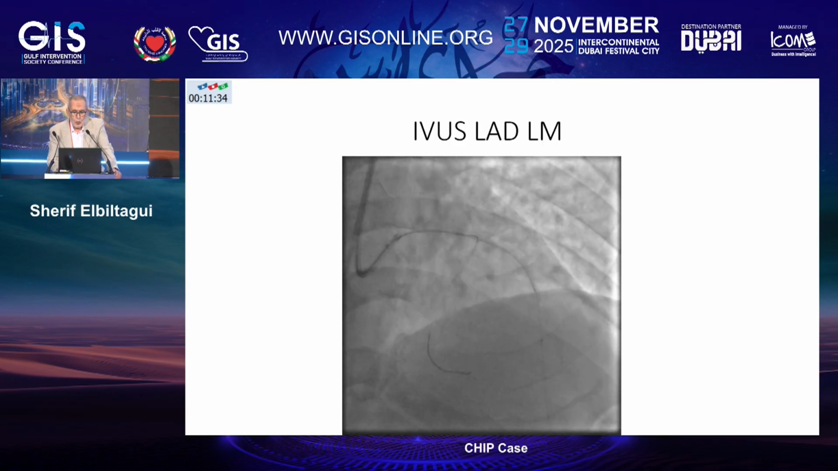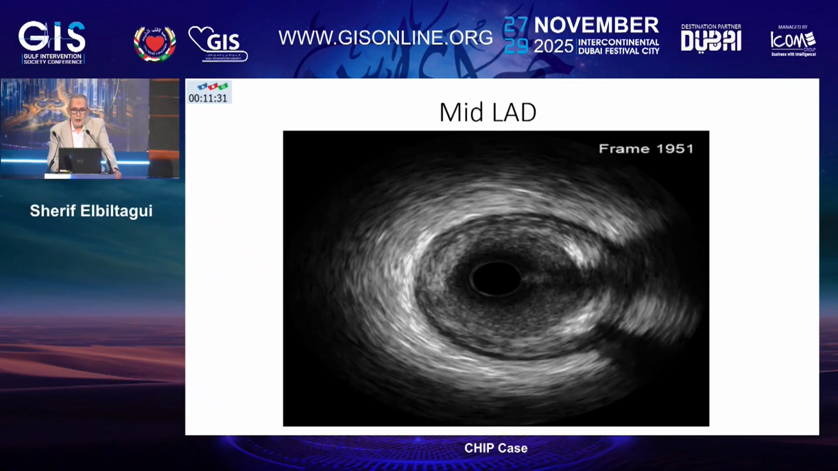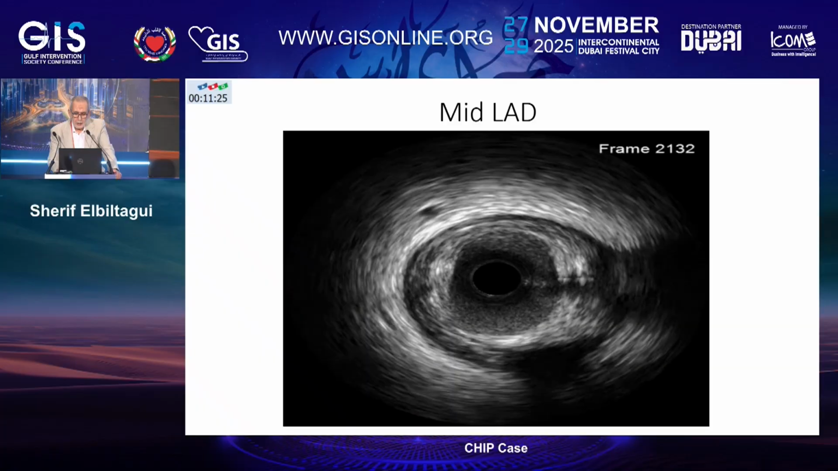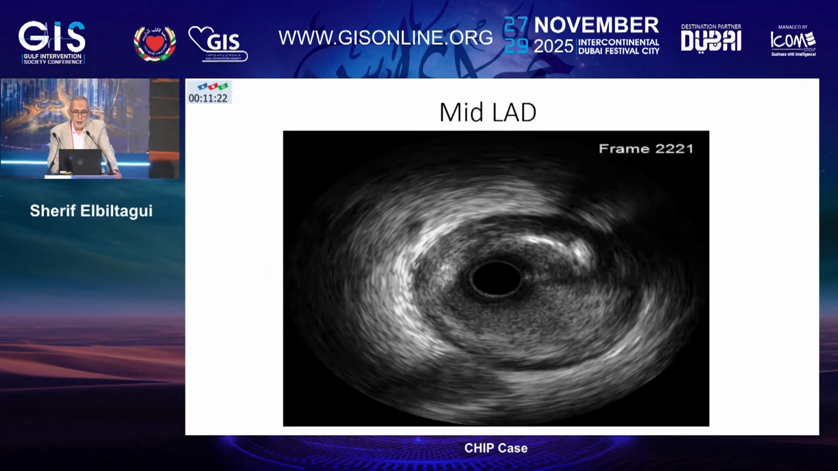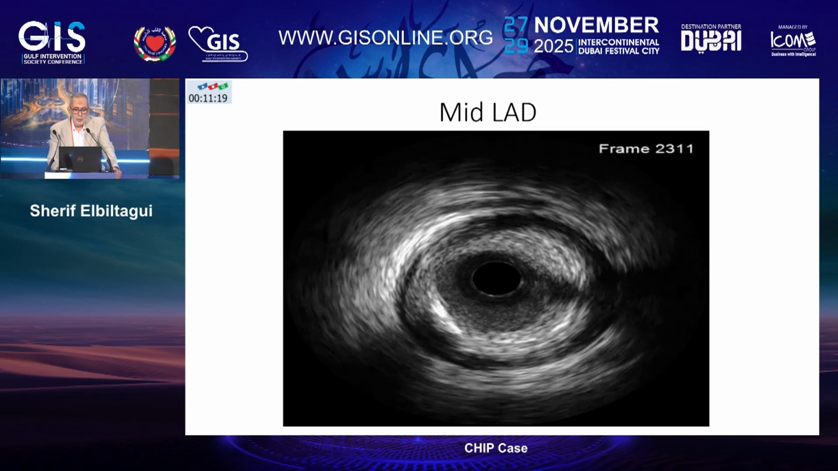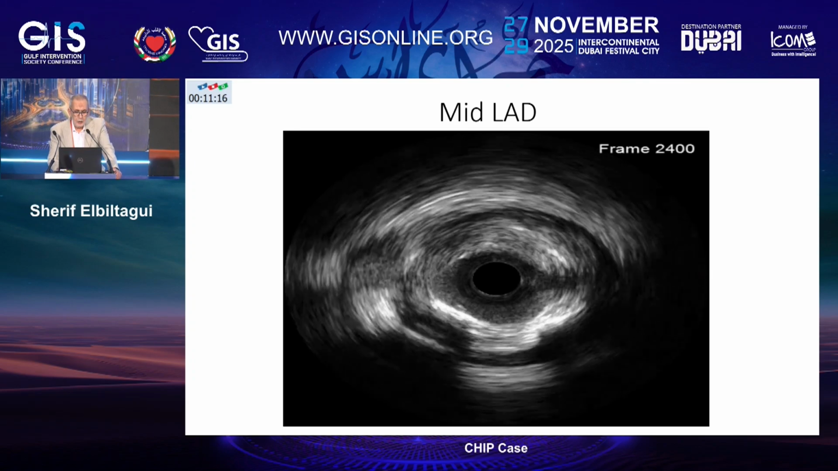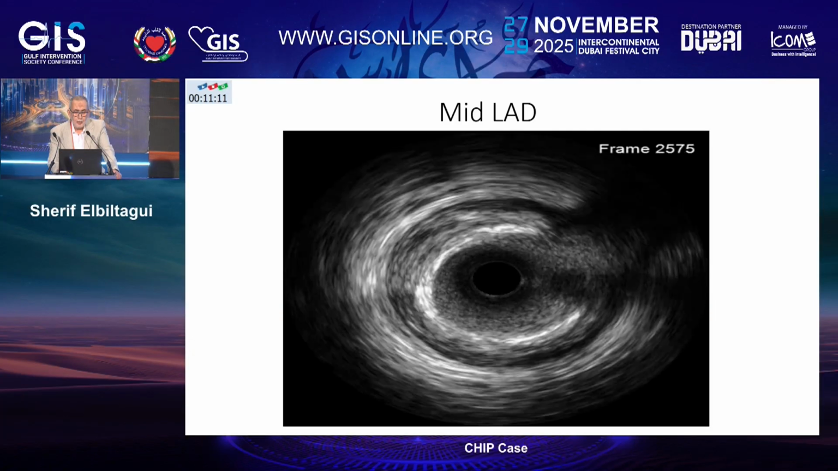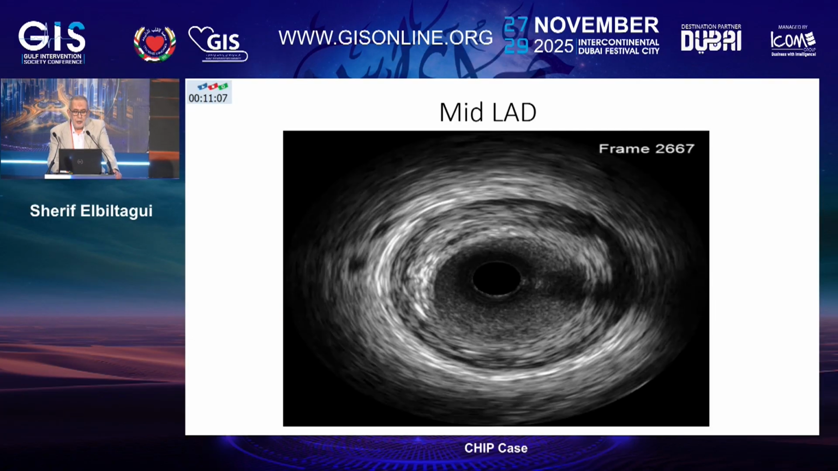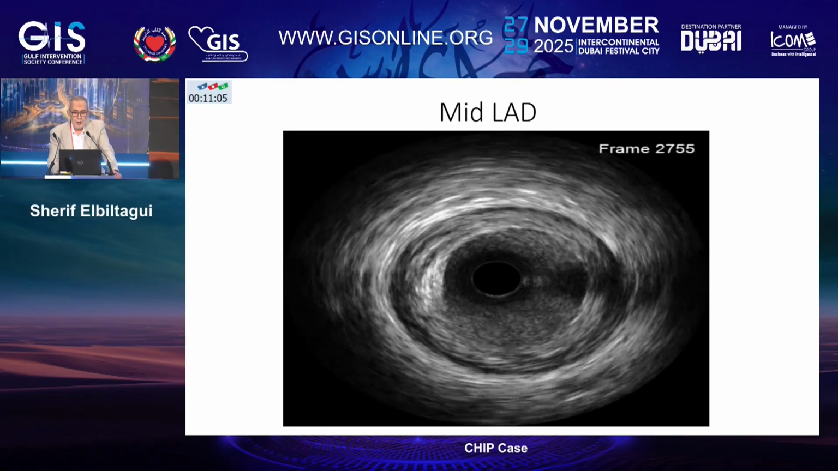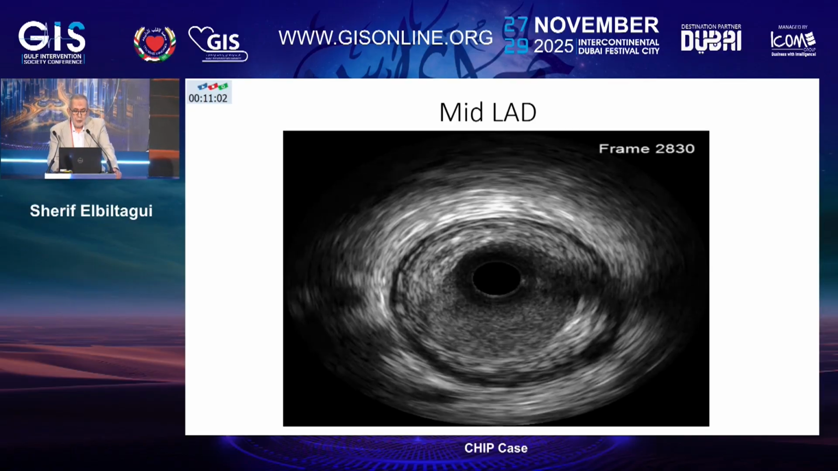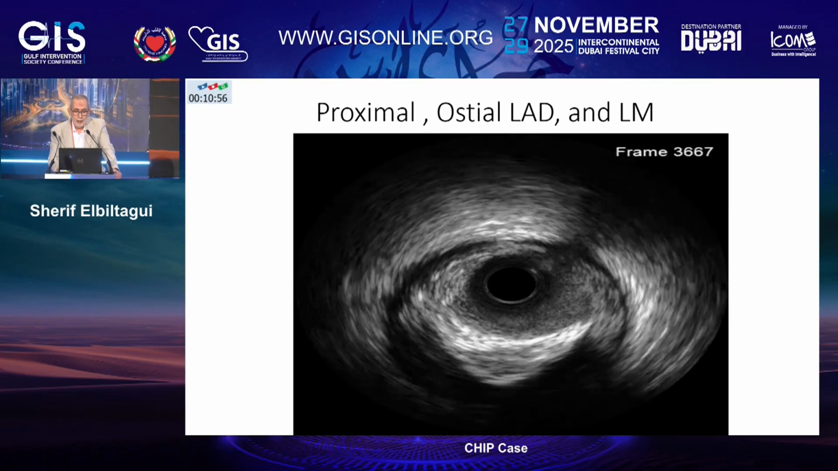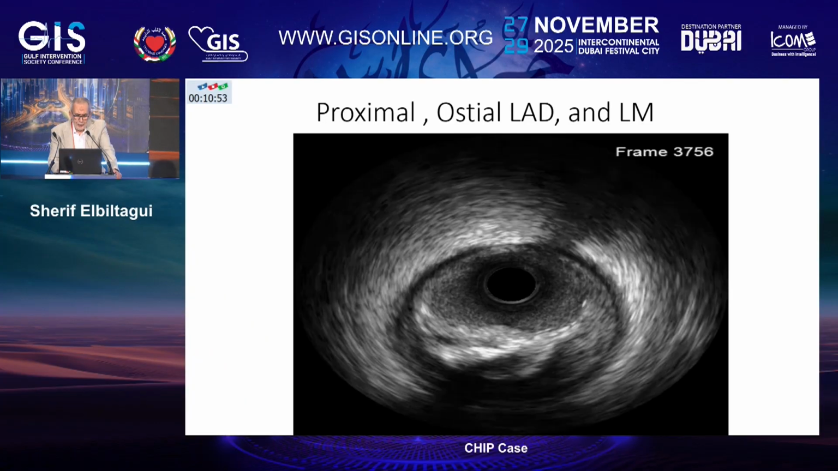I did an IVUS as well, and as you see in the mid LAD, very diffuse disease with multiple concentric plaques, fibrotic actually, with some calcification, not concentric calcification, but in some parts a significant arc of calcification up to 270, as in this segment. As you move proximally, the diffuse disease increased, and as you see in the ostial LAD, a very fibrotic, calcific, very eccentric lesion,